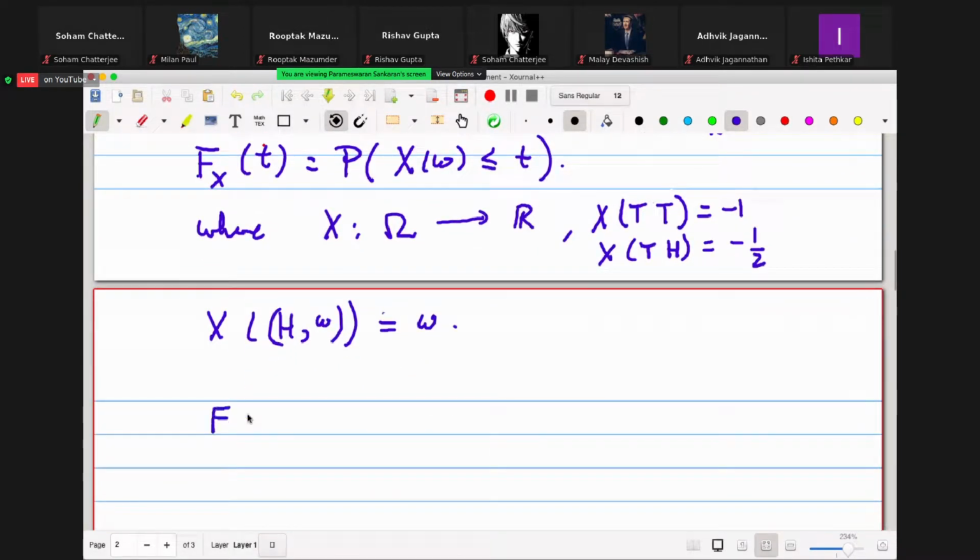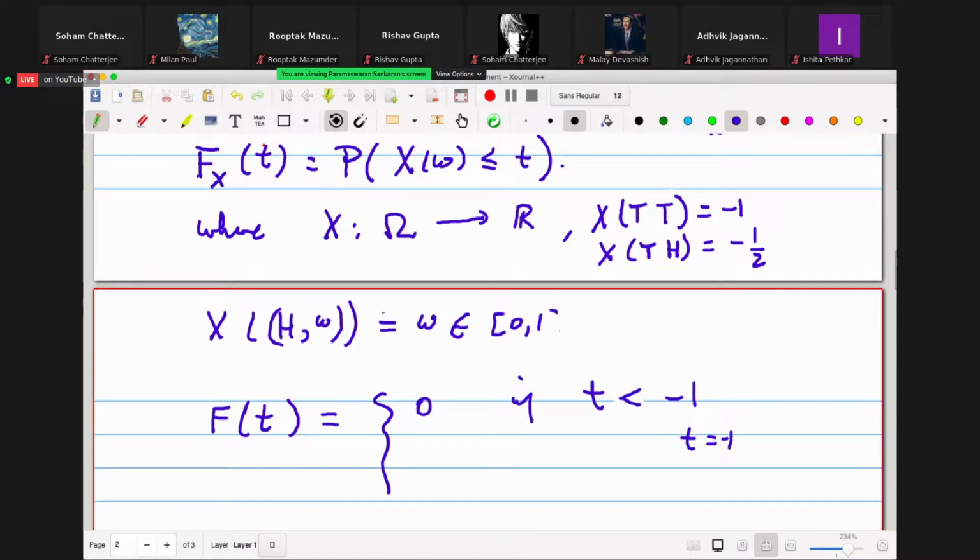So we have to compute F of t. So F of t, I write quickly. Hope I don't make a mistake. So this is equal to 0 if t is strictly less than, not less than or equal to, it's very crucial here, strictly less than minus 1. And when t equals minus 1, what do you get? Notice that this always takes values in the interval 0 to 1.